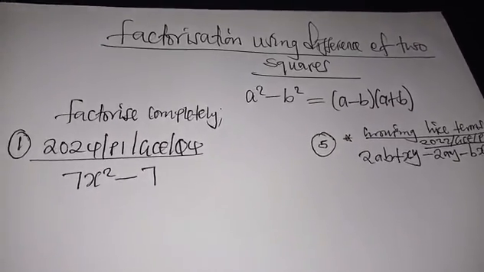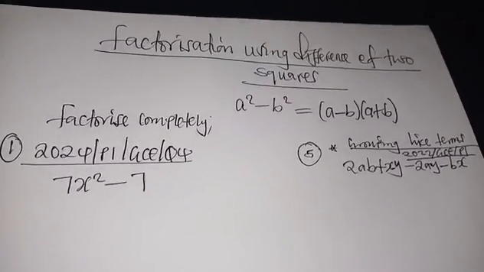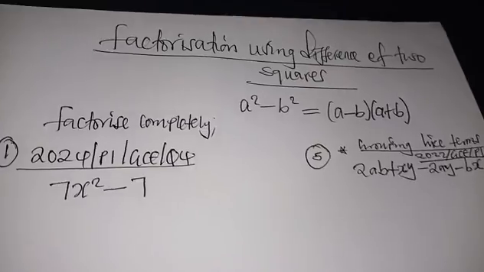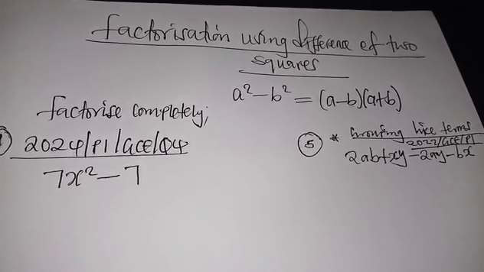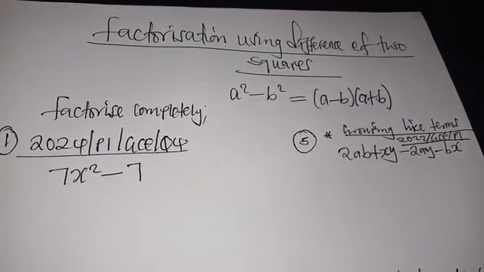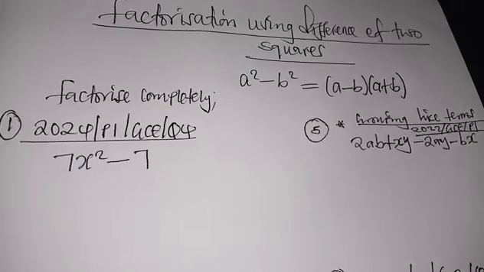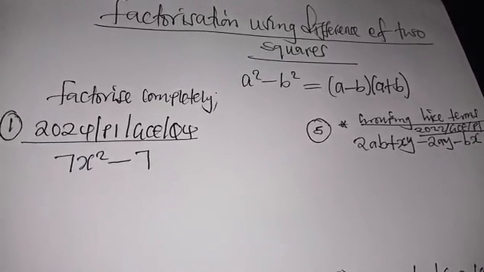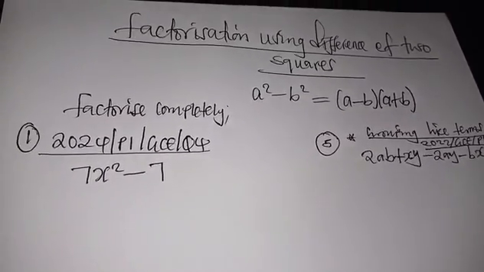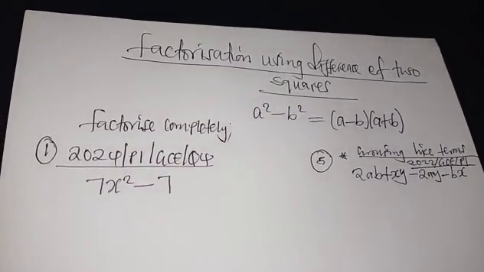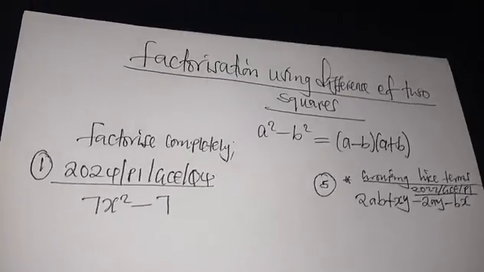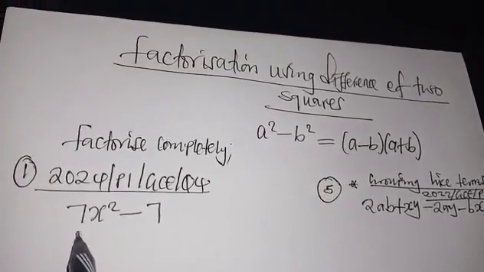We can now look at some questions that usually come in paper 1. Most of these questions are under factorization using difference of two squares, though we've got some questions on quadratic expressions and also factorization by grouping like terms. So we can start with the first one. They want you to factorize